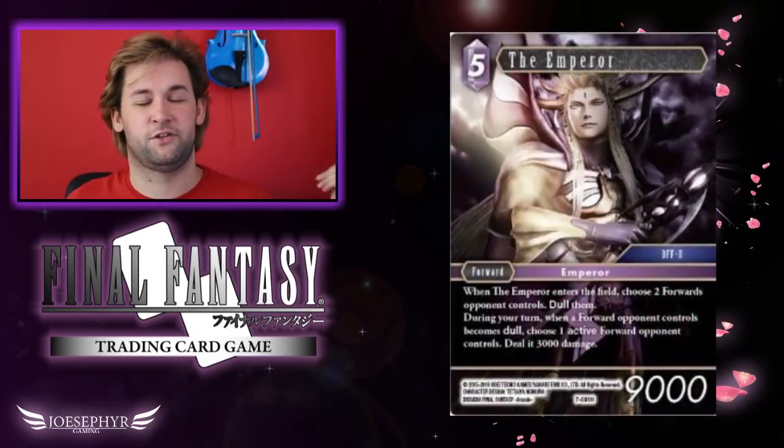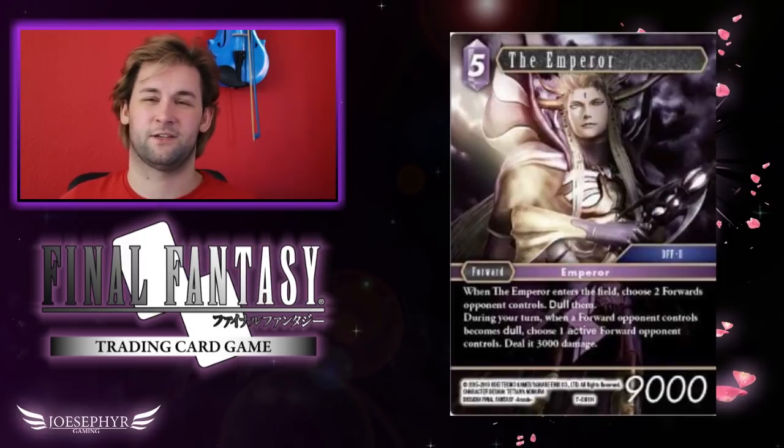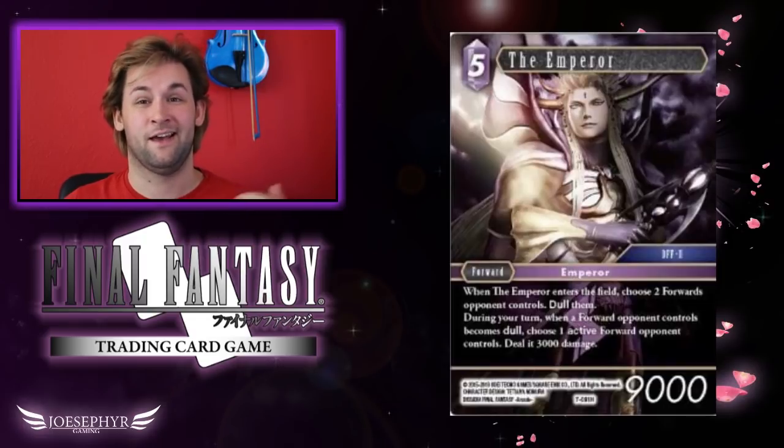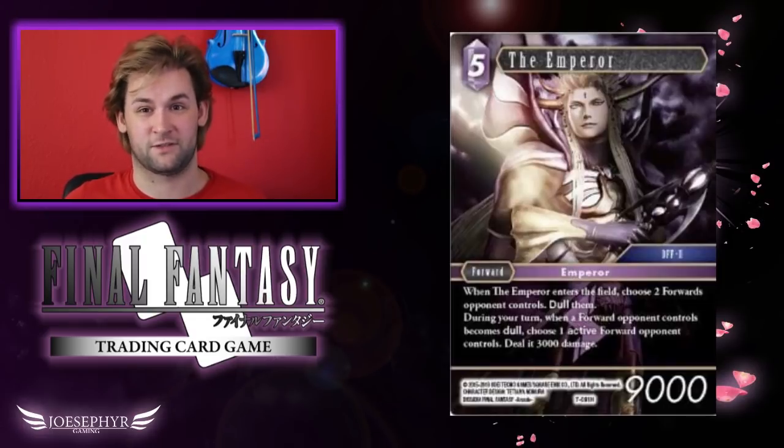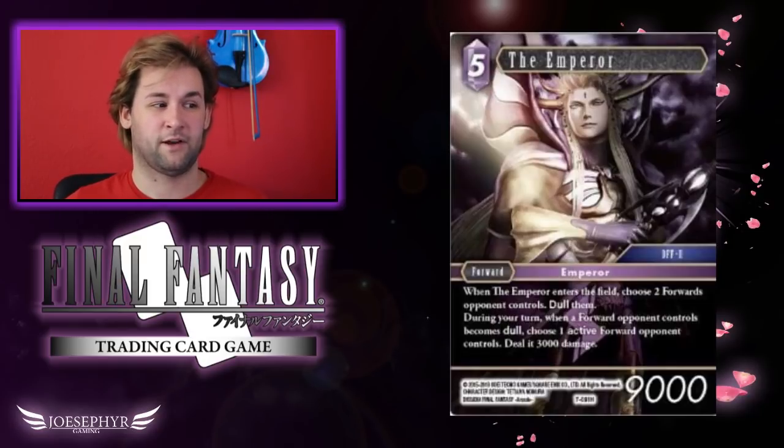Now, I adore the Emperor's look in Dissidia Final Fantasy, so to see it shown quite so lovely here makes me very, very happy. Not only that, but I do actually think the card is very good as well. 5 CP, 9,000 power forward for Lightning. When Emperor enters the field, choose 2 forwards your opponent controls and dull them. During your turn, when a forward your opponent controls becomes dull, choose an active forward your opponent controls and deal it